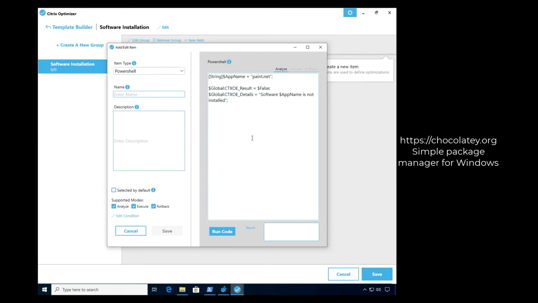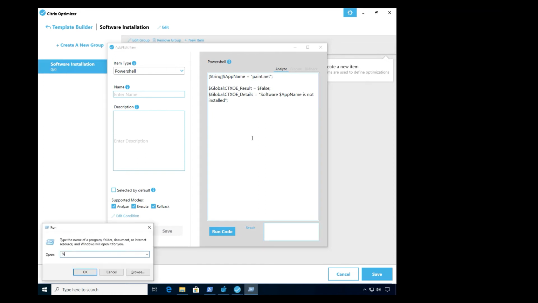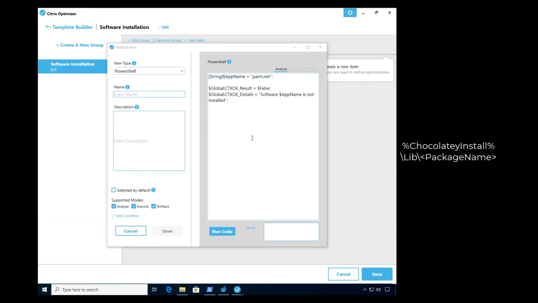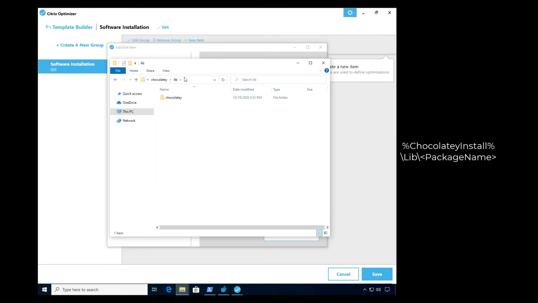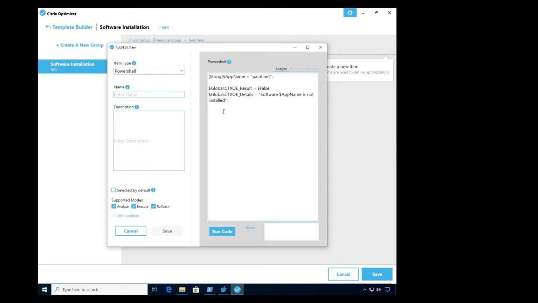And we can try to look at that folder on this machine. There is a global variable called Chocolatey install that is going to take you to the installation. And there is, if I'm not mistaken, a subfolder called lib. And as you can see, this is a new operating system, so there is nothing installed. So what I'm going to do here is add code that's going to use test path